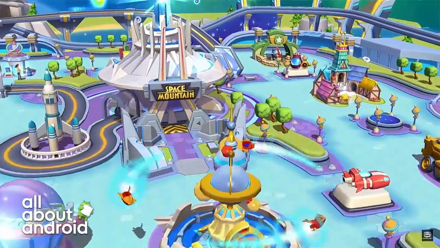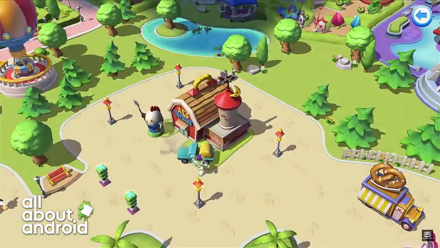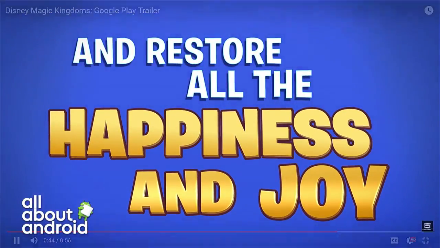You have to tap some things. It's more like working. It's a grinder game. It's a grinder, but I'm having a great time. It's fantastic. You get to build your own amusement park. It's great. For all the happiness and joy, why wouldn't I want to restore all the happiness and joy? Exactly. So I respect the Pokemon. I apologize for giving you crap about it. So there you go. Oh, that's where the apology is coming from.